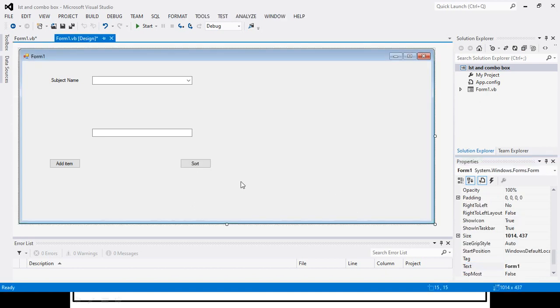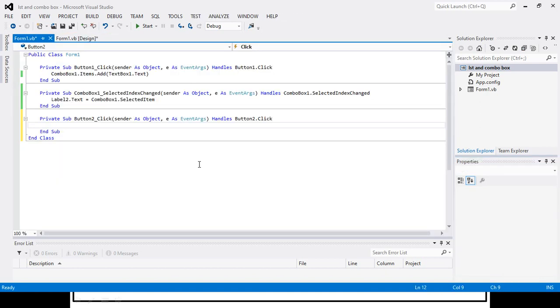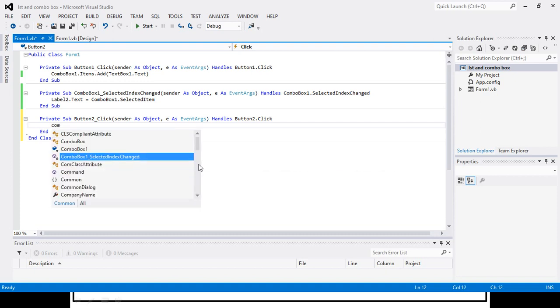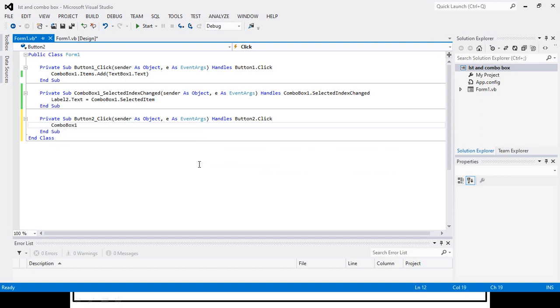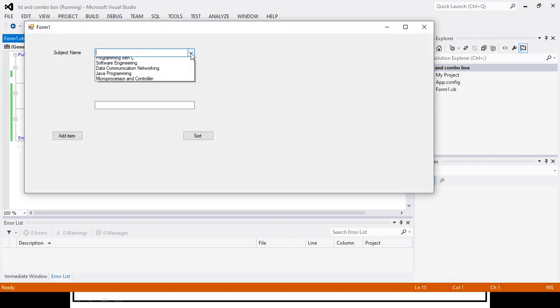On the click of this particular button, combo box 1 dot sorted is equal to true, so that on the click of that sort button, the items of the combo box will get sorted.